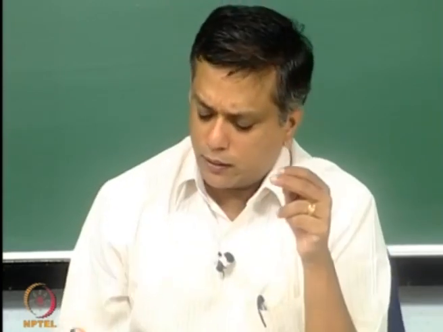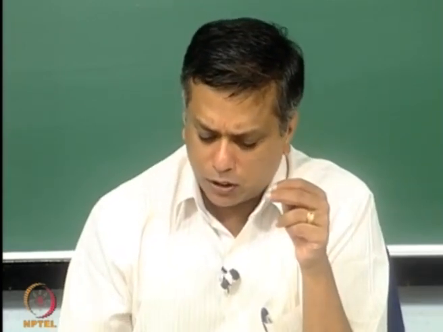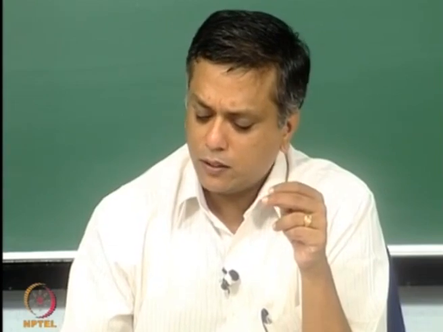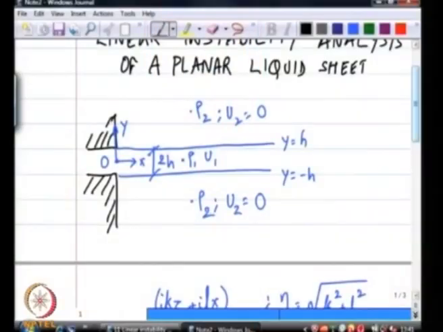Now, let us take one more extension, one more thought experiment. Let us say u1 is the magnitude of the velocity in the x direction, and I am going to add another v1 as the magnitude of the velocity in the z direction. Okay. So, this sheet of liquid coming out of this thin slit is moving in the x direction with a